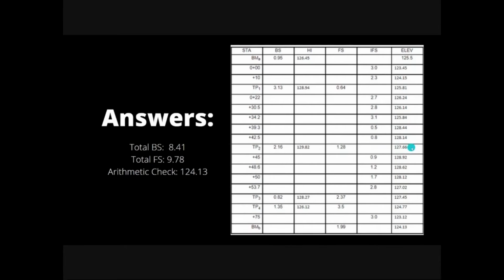Since we took a turning point, there will always be a bauxite reading. So we have to compute for the new reading for the height of instrument. So we have to add the elevation value of turning point 2 and the new bauxite reading together. 127.66, the elevation value for turning point 2, plus the new bauxite reading, which is 2.16, the answer would be